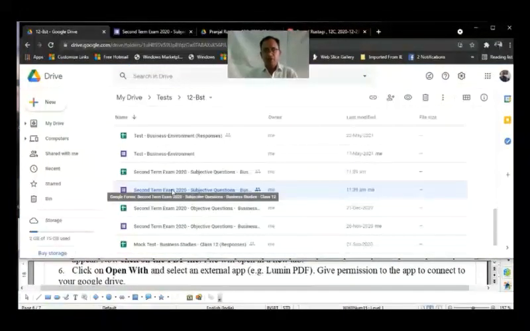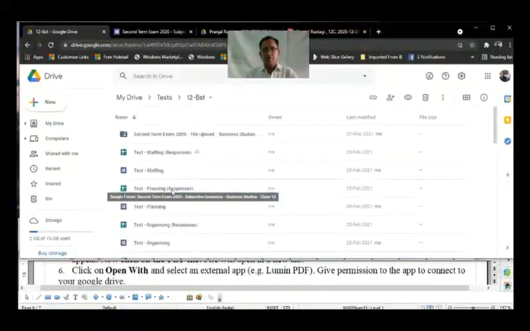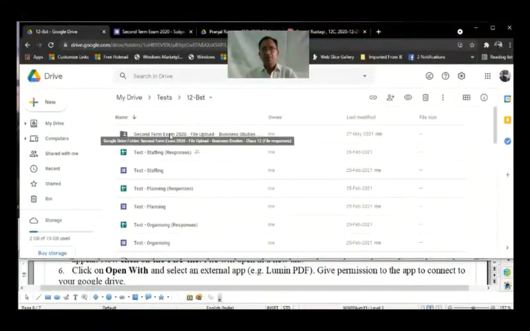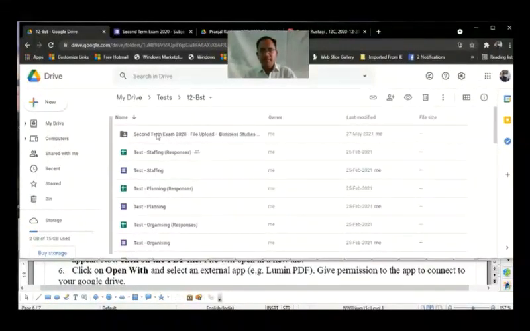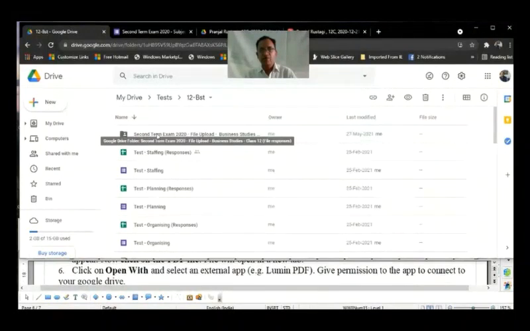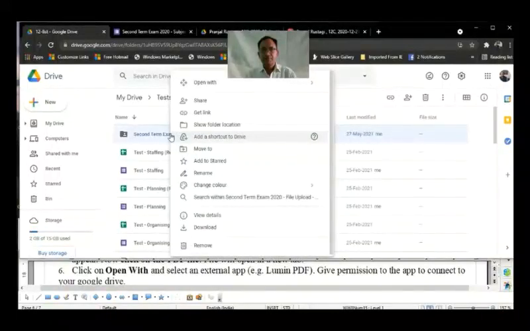You go to your Google Drive where this form is stored. In the same folder, you will find a new folder has been created by Google to store the files uploaded by the students through this form. Over here we see this is the folder created by Google for this test form that I just created. You right click on it, click on share,